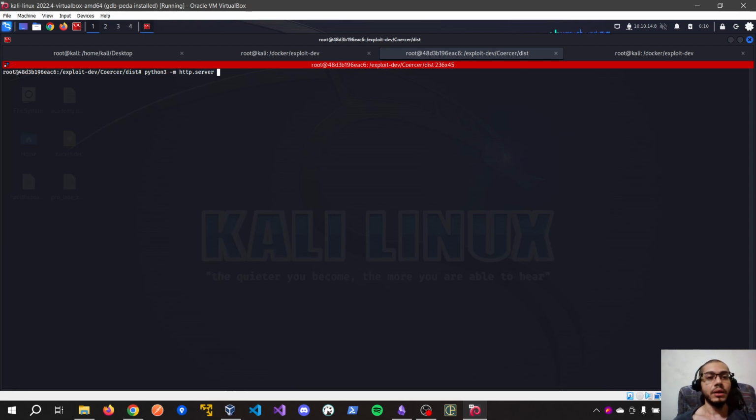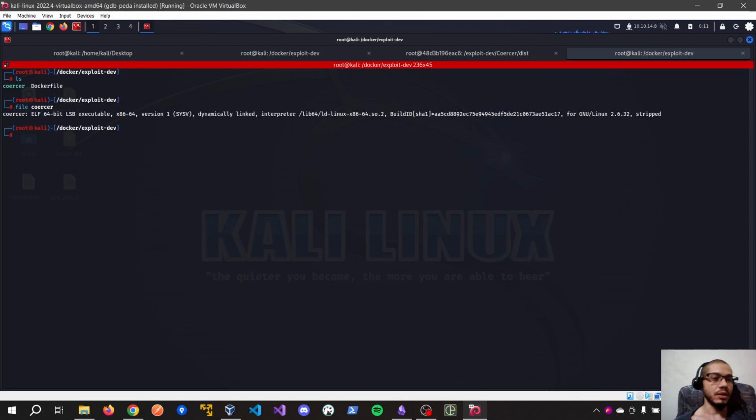We can use this Python package to generate a temporary web server, so we can download this on your machine here. You can download that file with the wget command and the name here. But as you can see, guys, that is no more a Python thing. Now that is a binary output, in this case a binary for a Linux machine. And I will show you how this tool works.